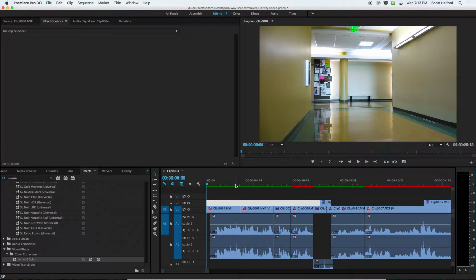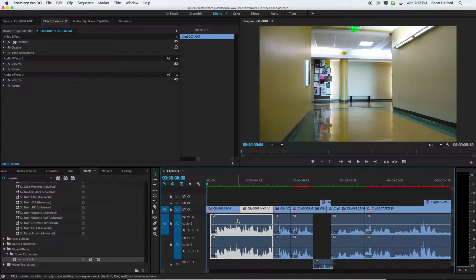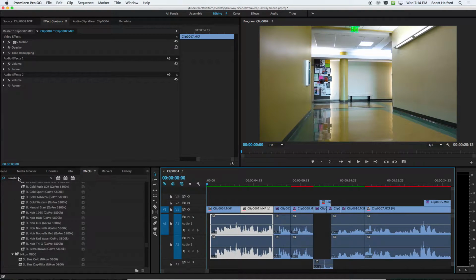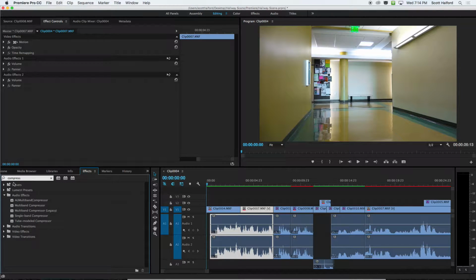So there's a couple of things we can do. I'm going to start, this isn't a hard, fast rule, by the way, but I'm going to start with putting a compressor on our audio. Let's start with this first clip. I'm going to start by typing in compressor. And there's a multiband compressor that I really like. If we put this onto the clip,